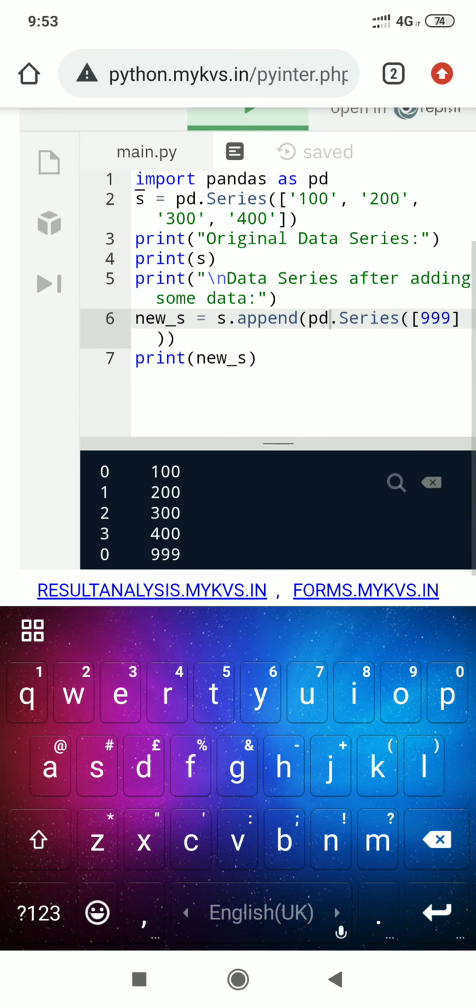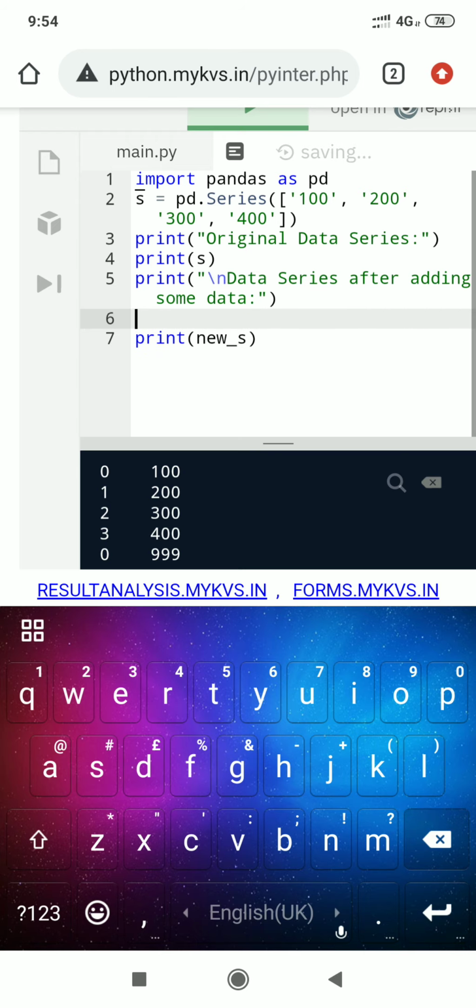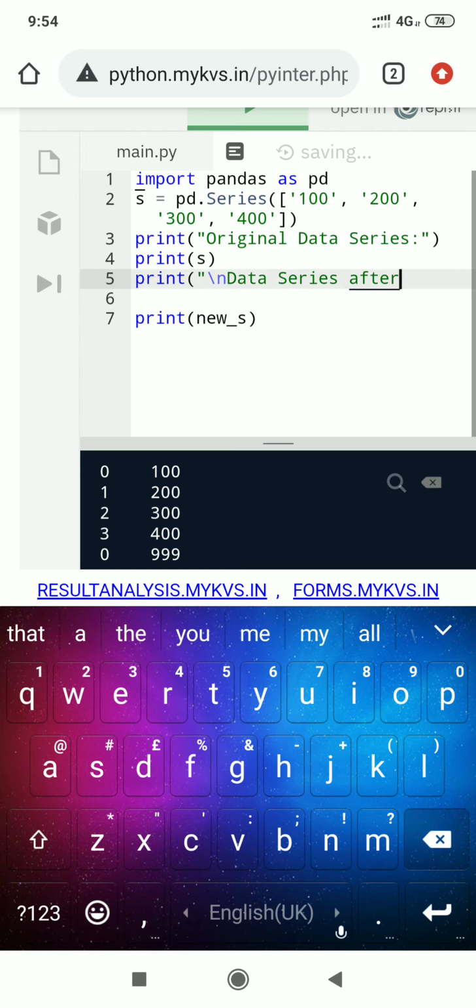So this was one of the programs I had given, and another program was very easy: addition, subtraction or multiplication of the numbers of two series.